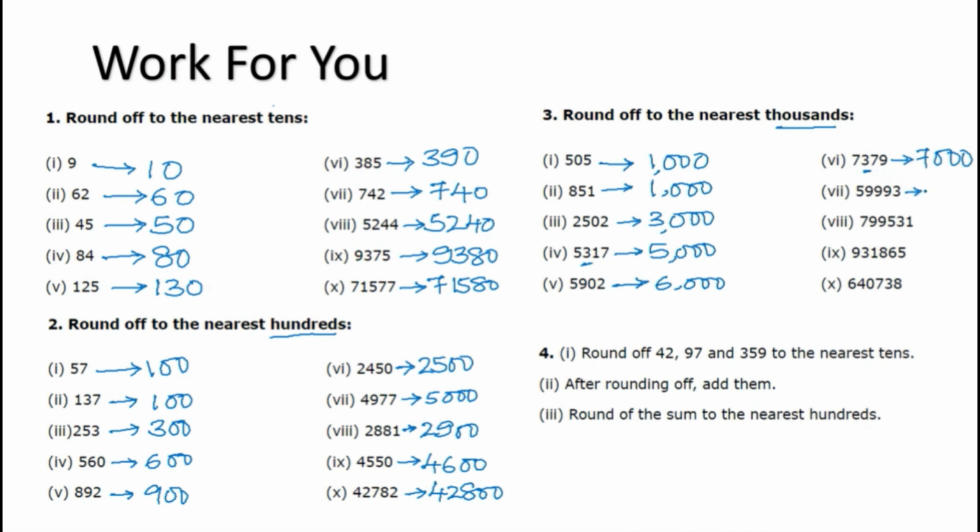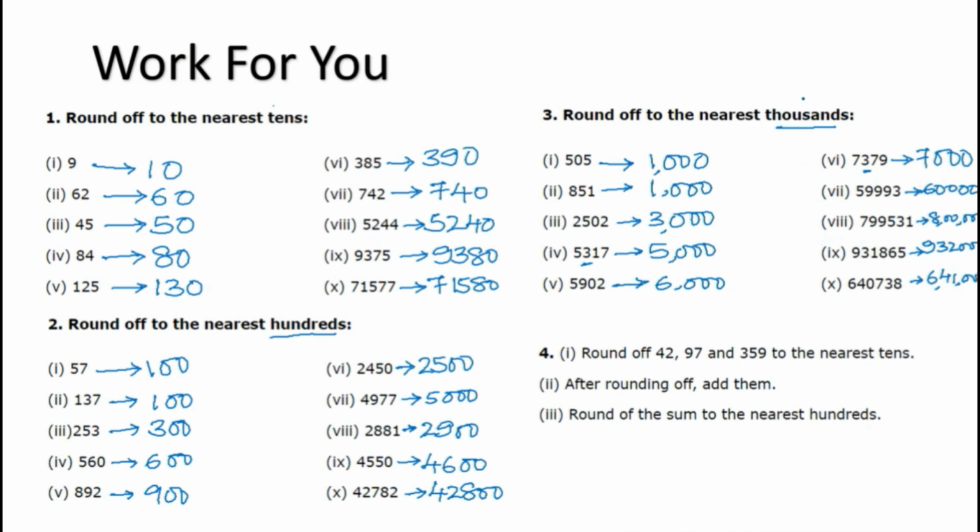Next number, on rounding off it becomes 60,000. Next number, on rounding it becomes 8 lakh. Next number, on rounding it becomes 9,32,000. Next number, on rounding it becomes 6,41,000. Hope you have understood